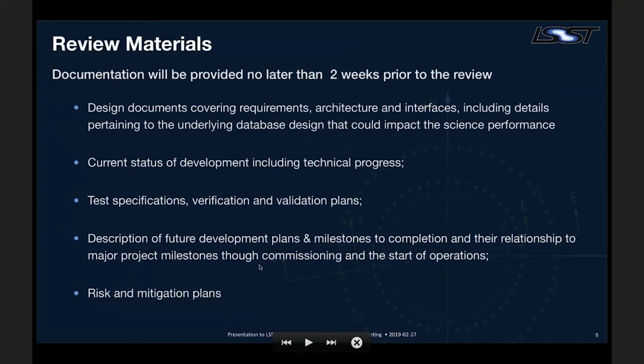So just briefly, I'll cover the materials that will be provided as part of this review. We will provide the documentation no later than 2 weeks prior to the review. We're currently working on some updates to our design documents that cover requirements, architecture, and interfaces. This also includes some details that pertain to the underlying database design that could impact the science performance. The current status of development, including technical progress. We will provide as well test specifications, including the verification and validation plans,